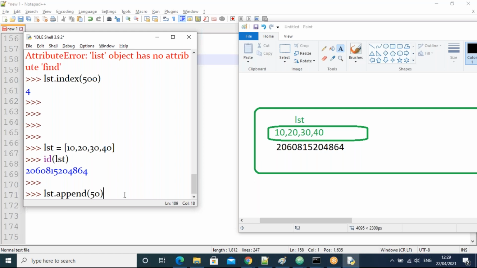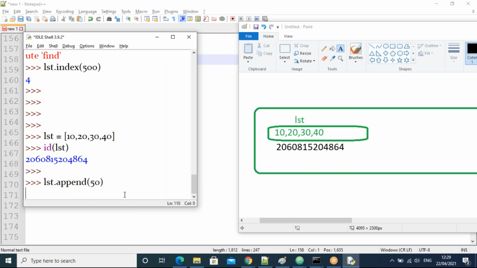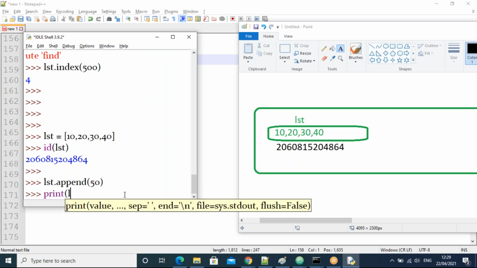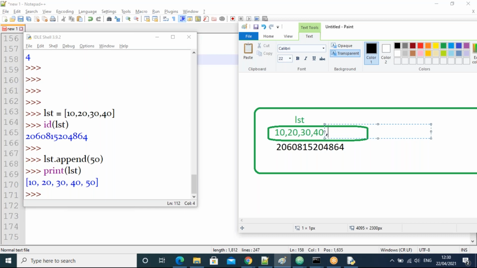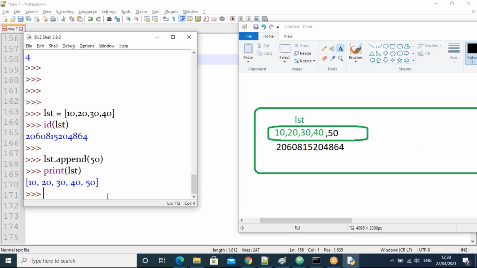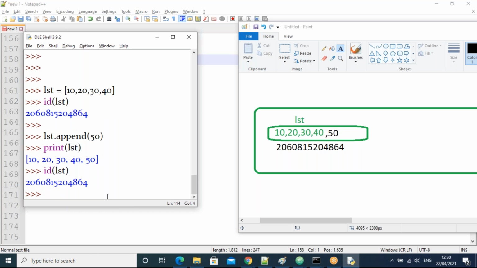So the list is created. Now check the list values. Yes, 50 is there, so 50 is added to the list. After adding 50, do we have the same address or a new address? Now I check the address of lst. You can see, same address is there.